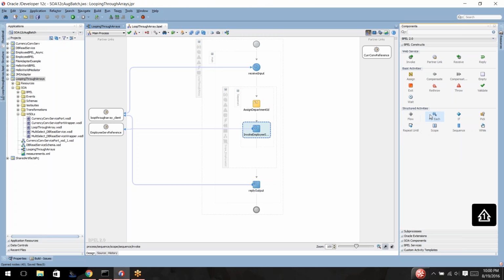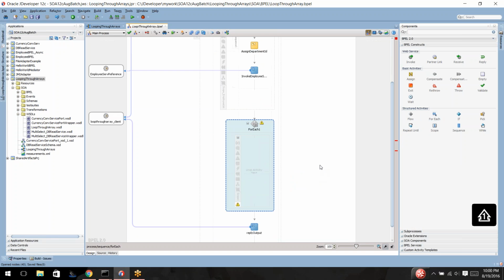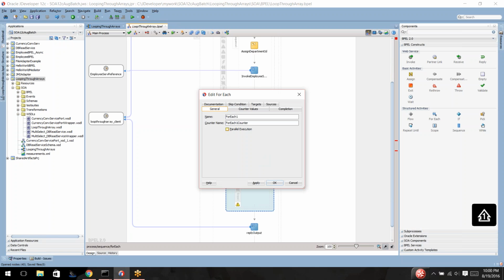So what we want is to loop through each. After this one, I'll drag and drop a for each, and double click on this. Now what is it that I want? For each employee record, this is just a name. And you give the counter name. So what this counter name means is,